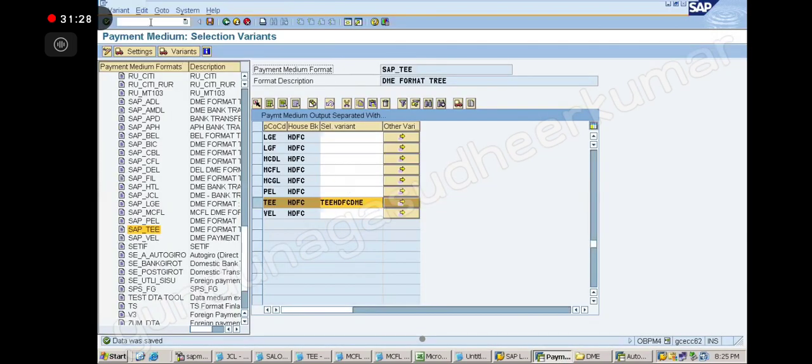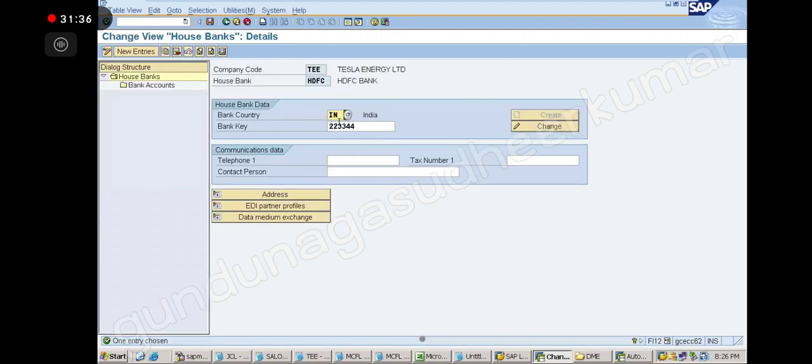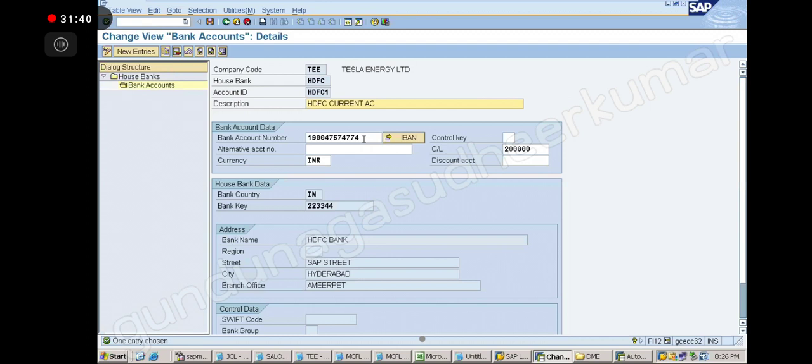Okay. Where can I see my bank account number? House bank. FI12, right? So here, this is my bank key. The bank account number is this. 4774 is the ending number, correct? Okay, let's take it here into my file.